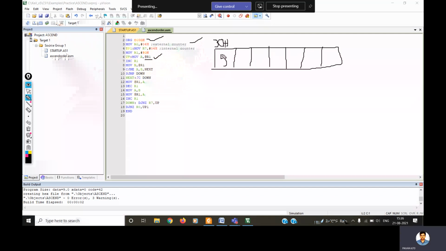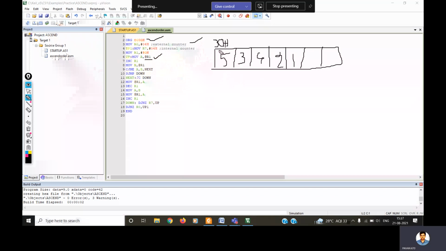Let us say this is 5, 3. I am taking some small values for sorting purposes: 5, 3, 4, let us say 2, and let us say 1. The sorting I want to do here is ascending order sorting.